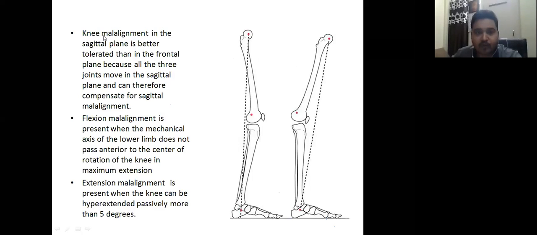Next, knee malalignment in the sagittal plane. Now we have to rule out deformity, whether they are contributing to the deformity or not. For that, we have to see whether the patient's parameters are falling into the normal range, and then we can